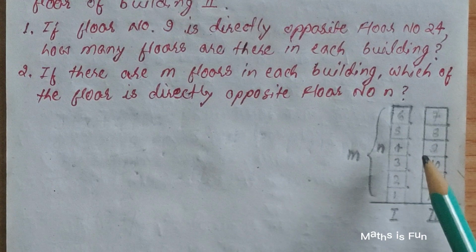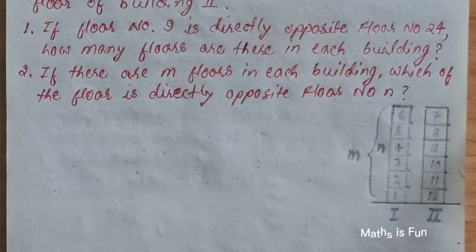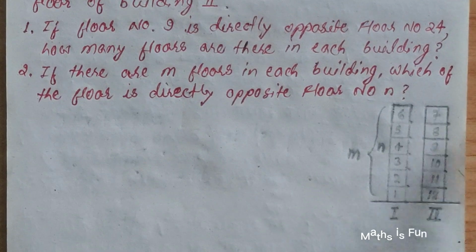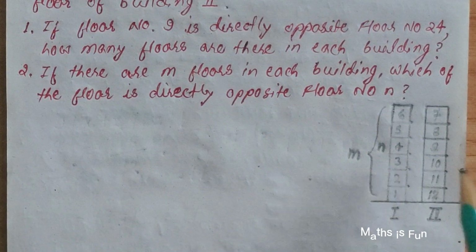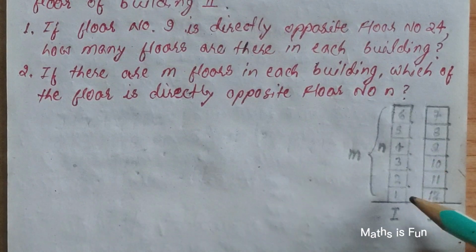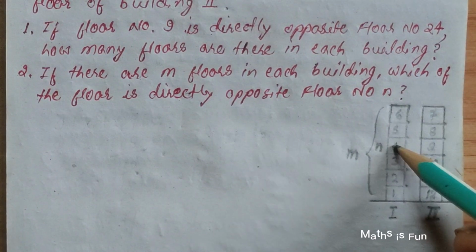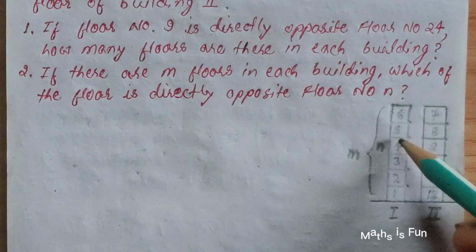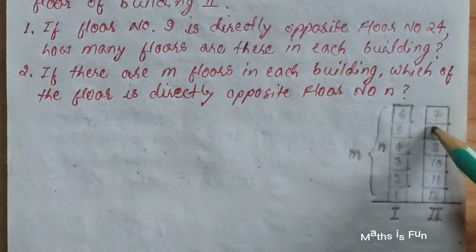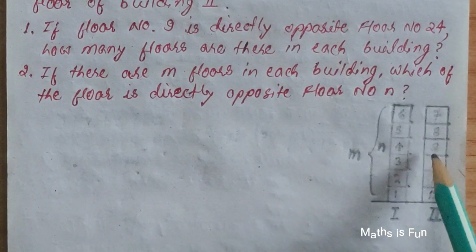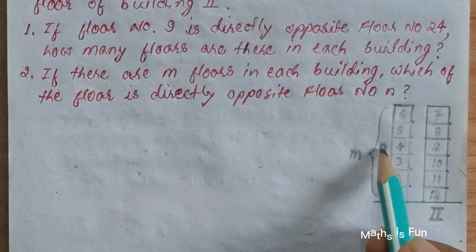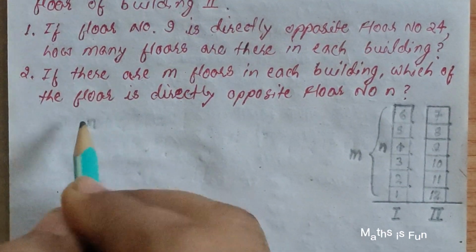Going to our sample, we see that floor number 4 is directly opposite to 9. We are going to use the same logic once again, and there are again 2 ways to solve this question. In our logic number 1, we took the number of floors given to us, and we added the number of floors that were just above this floor, that is 2 floors. Then we again added 2 floors, and then we added 1 to arrive at 9. In a similar way, this 4 corresponds to n. So we'll take n,